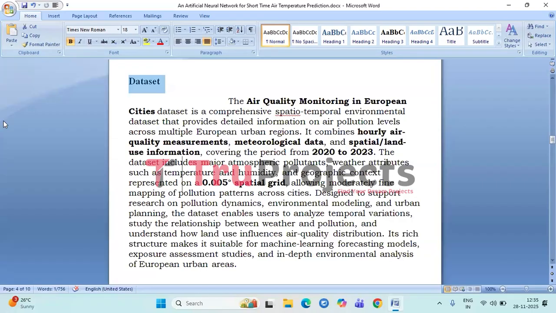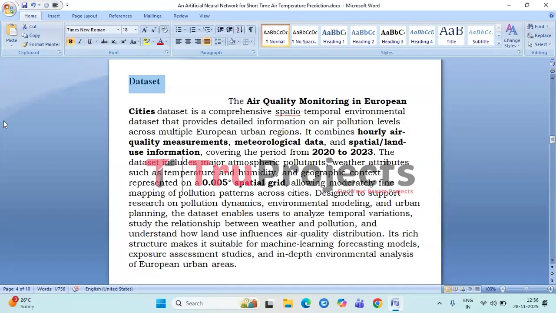The data is collected on an hourly basis from 2020 to 2023, allowing researchers to observe short-term fluctuations and long-term trends. It includes key pollutants such as particulate matter and nitrogen compounds, along with weather-related factors like temperature, humidity, and wind, which are known to influence pollution levels.